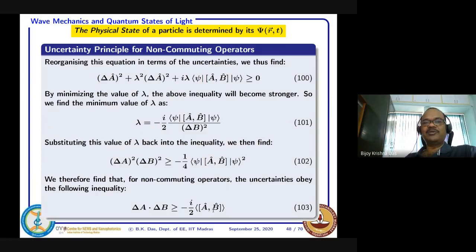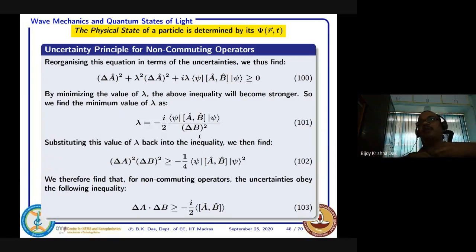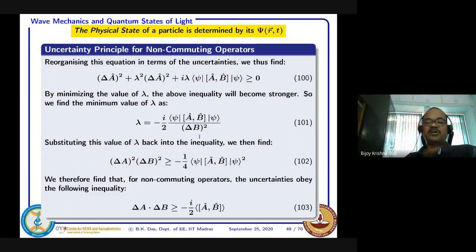Okay, so this is where I can end today, because I did not want to miss this class, but I was a little bit late, so it is a short class. I think you should try to grasp this part, because this is actually the heart of entire quantum mechanics. All quantum mechanical predictions depend on uncertainty, on this uncertainty principle. That's why I thought we should have a certain kind of derivation.